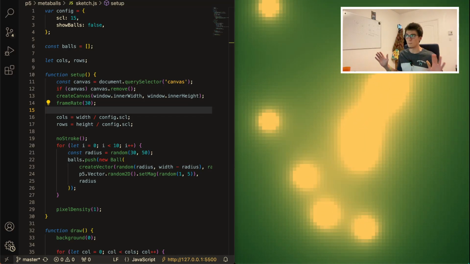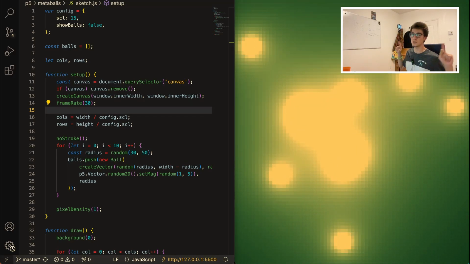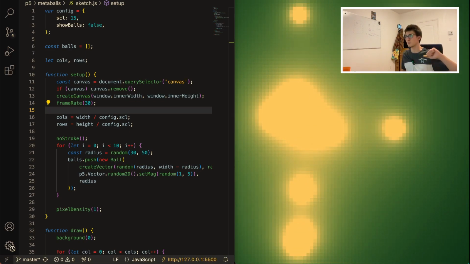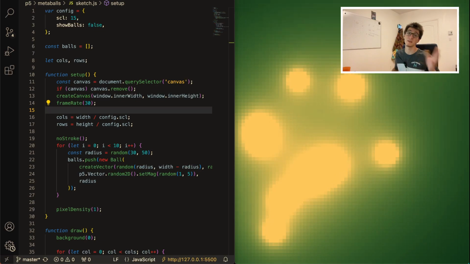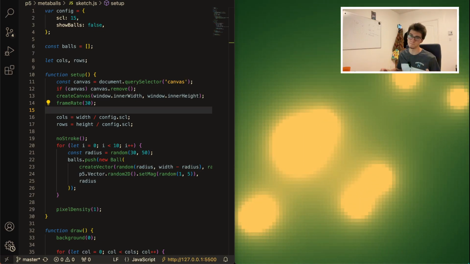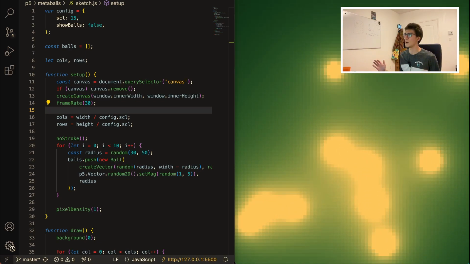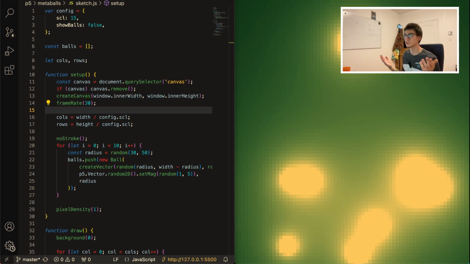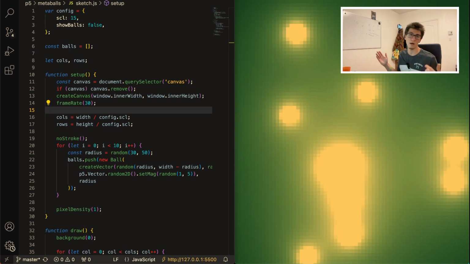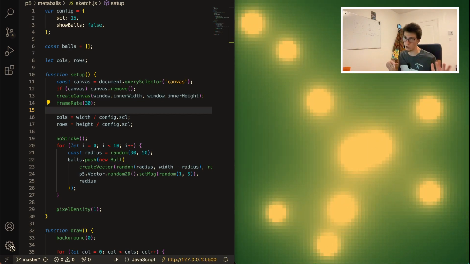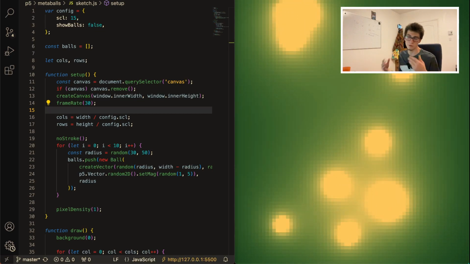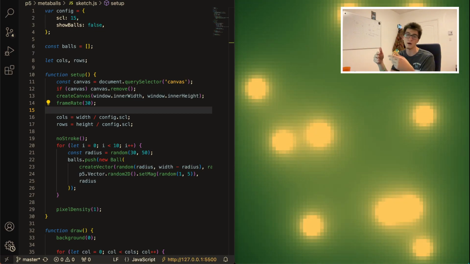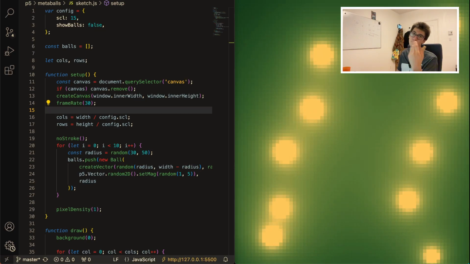Hello everyone, welcome back. So today what we'll be trying to do is to reproduce this sketch, which you're currently seeing working, which is the Metaball algorithm. I won't go on the whiteboard just because we're pretty much only going to use it to explain the balls that we're using, but the Metaball algorithm is basically summing up